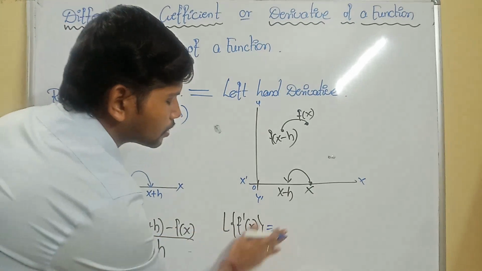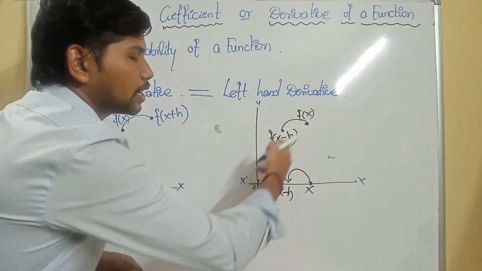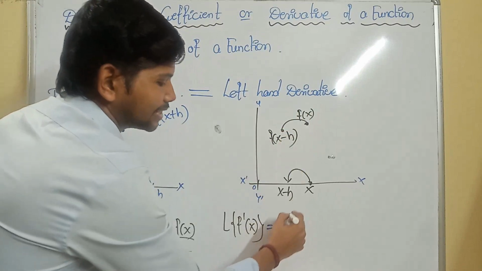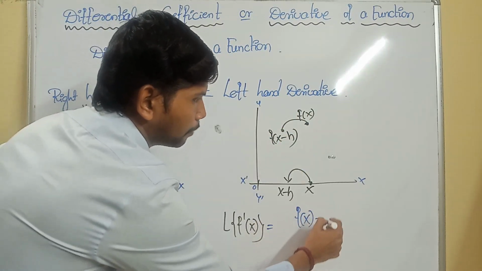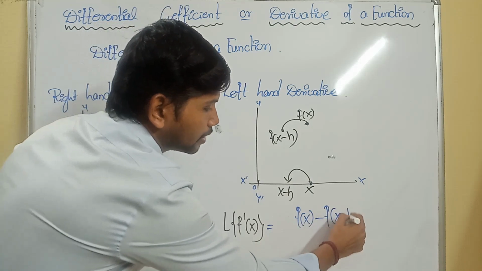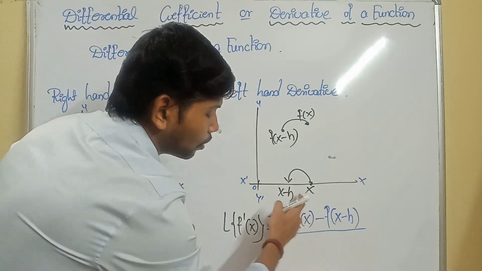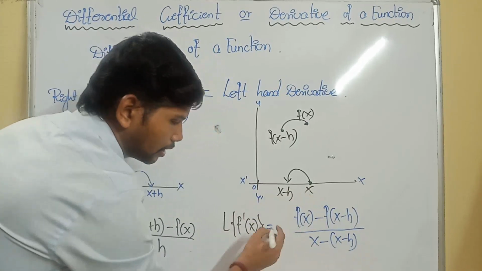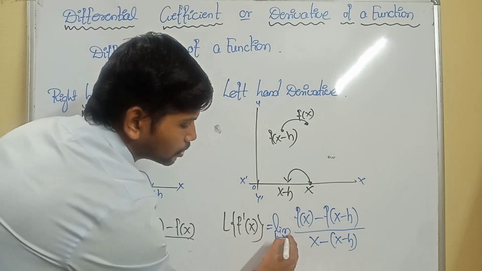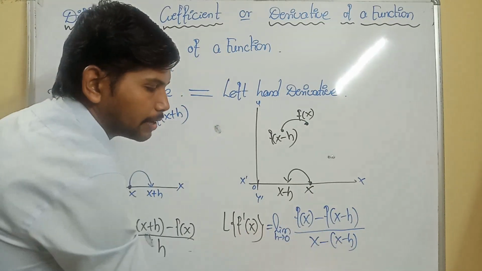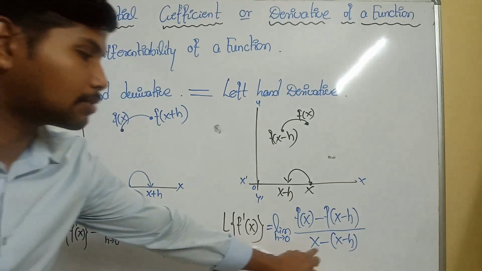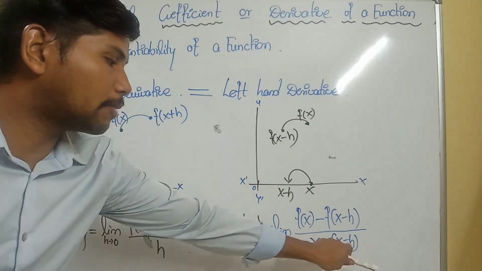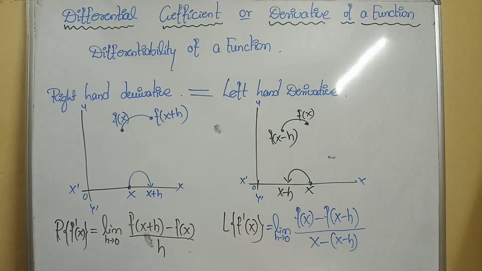Okay, now concentrate on the board. What is the change in the range? f of x is larger. That's why I'd like to write f of x minus f of x minus h, divided by the change in the domain, x minus the smaller value x minus h, larger value minus smaller value, limit as h tending to 0. Here plus x minus x will be cancelled, and minus of minus will be a plus h. Getting the point clearly? It is the left hand derivative.